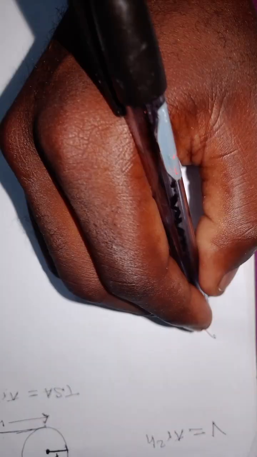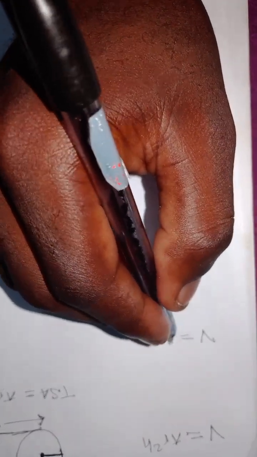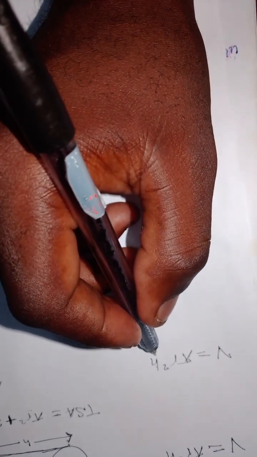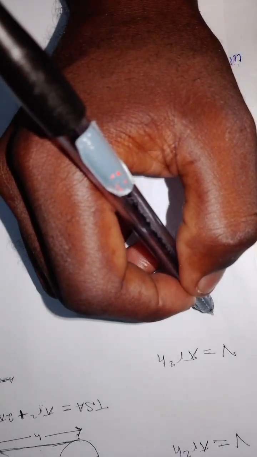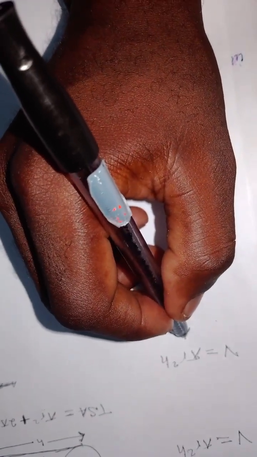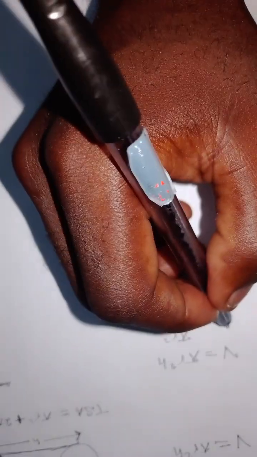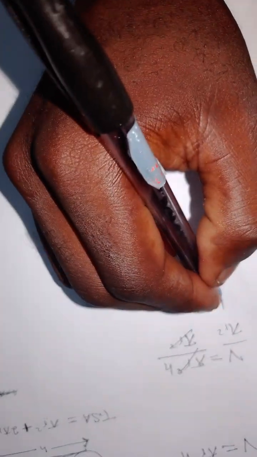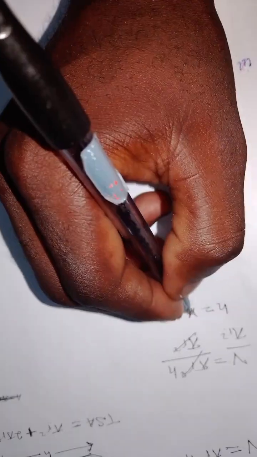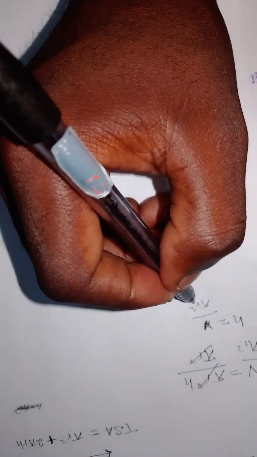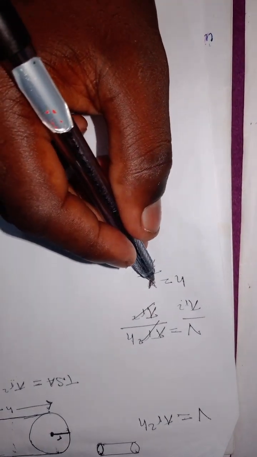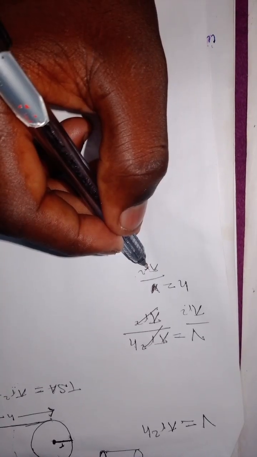Let's break it down. Volume is equal to pi r squared h. Let's make h the subject, so we are going to divide by pi r squared. So this will go. So h is the volume over pi r squared. Therefore